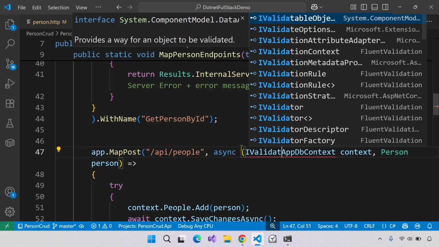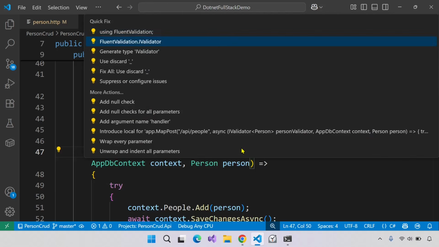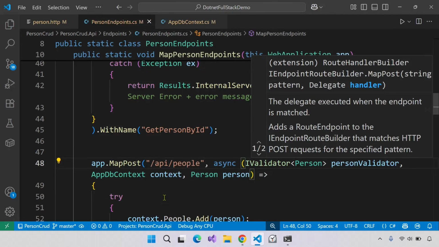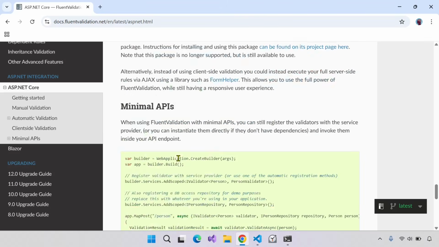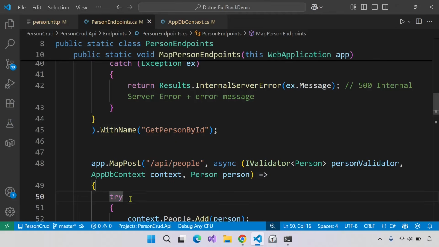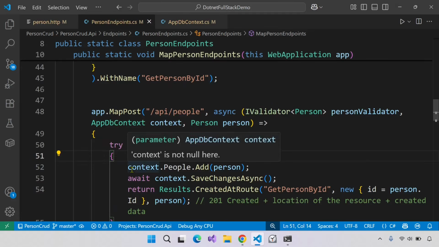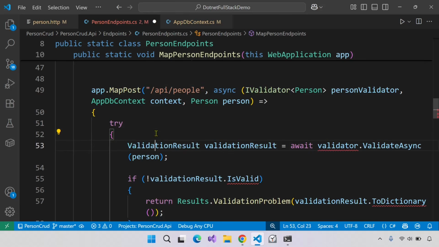IValidator of Person, PersonValidator, and let's press Ctrl+dot, using FluentValidation. That's fine. And here you can go down in the minimal API section. You can see we can use it like this. Let's copy this line and let's paste it here. Okay, so ValidationResult, that's it. ValidationResult equals validator, not validator, we have personValidator